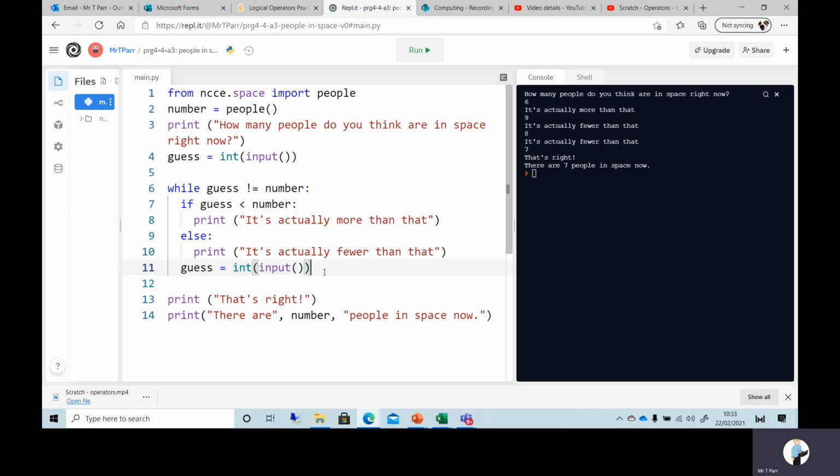It can loop loads and loads of times. Okay, hopefully that should have cleared it up a little bit. That should reflect upon last lesson. What I need you to do now